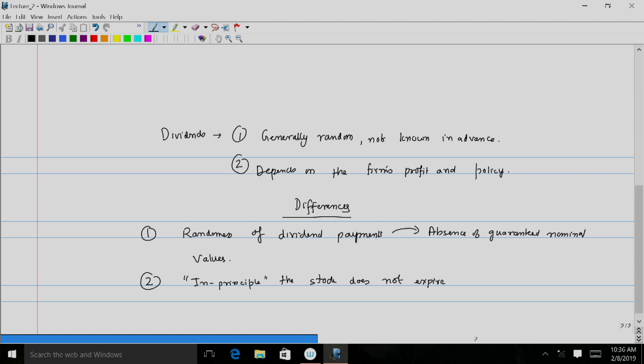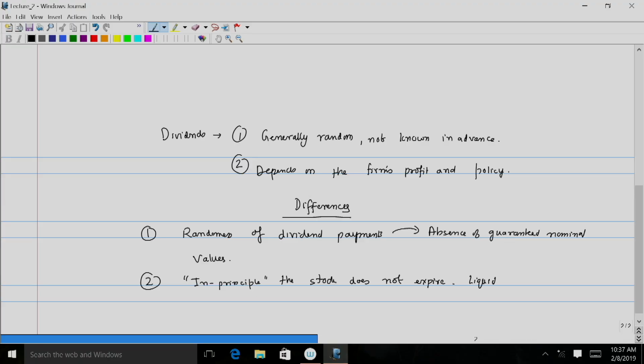So why do I say in principle? In principle basically means that unlike bonds, which have a fixed maturity and you are certain to get that amount of promised money upon maturity, stocks do not expire unless the company goes bankrupt or something seriously goes wrong with the functioning of the company, resulting in the company being no longer in a position to run their business. And so in that case, the company has to be liquidated, and the shareholders may get or may not get, depending on the circumstances, proceeds of the company being eventually liquidated.